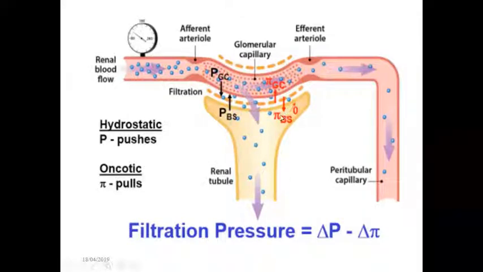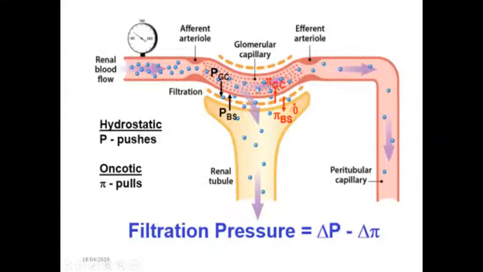Because of that, the oncotic pressure in the Bowman space is also almost zero. So you don't have the oncotic pressure in the Bowman space because you don't have the proteins. So there are mainly three forces that you're interested in: the hydrostatic pressure in the glomerular capillaries, then the hydrostatic pressure in the Bowman space, which is opposing, then also the oncotic pressure in the glomerular capillaries that is also